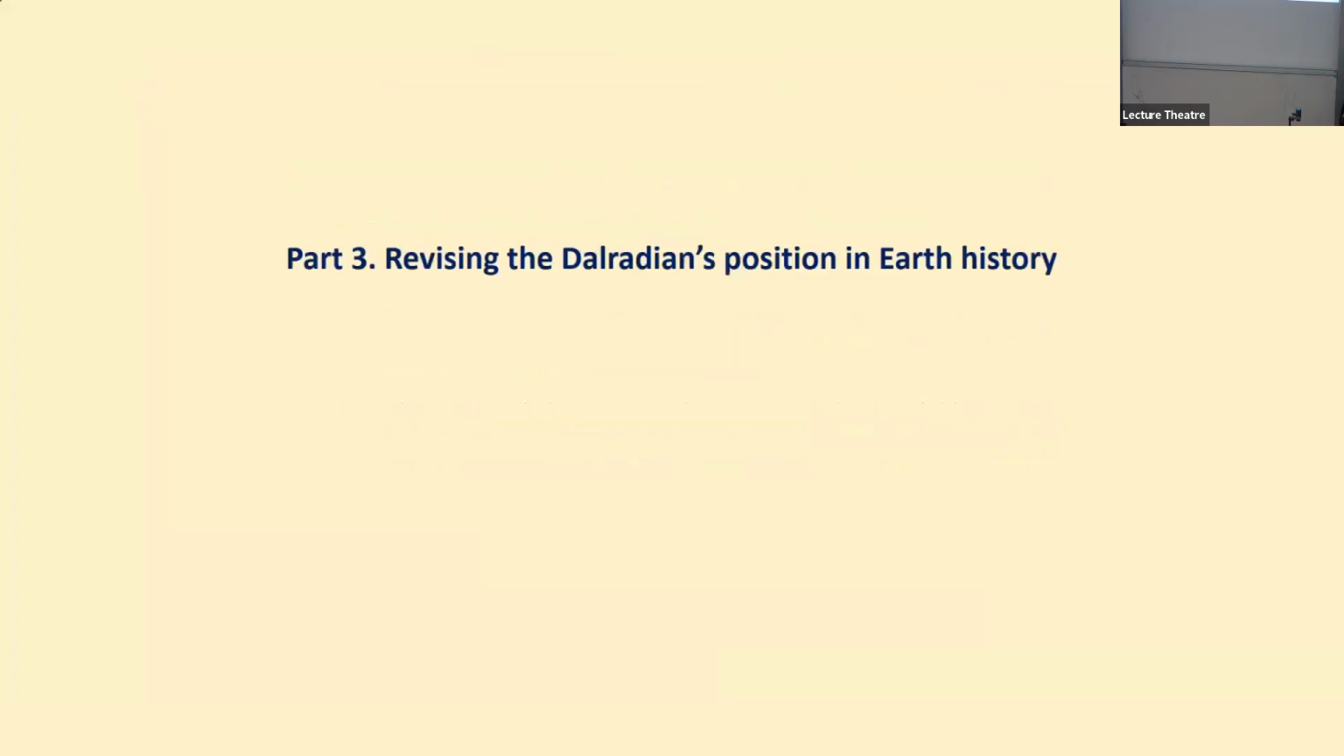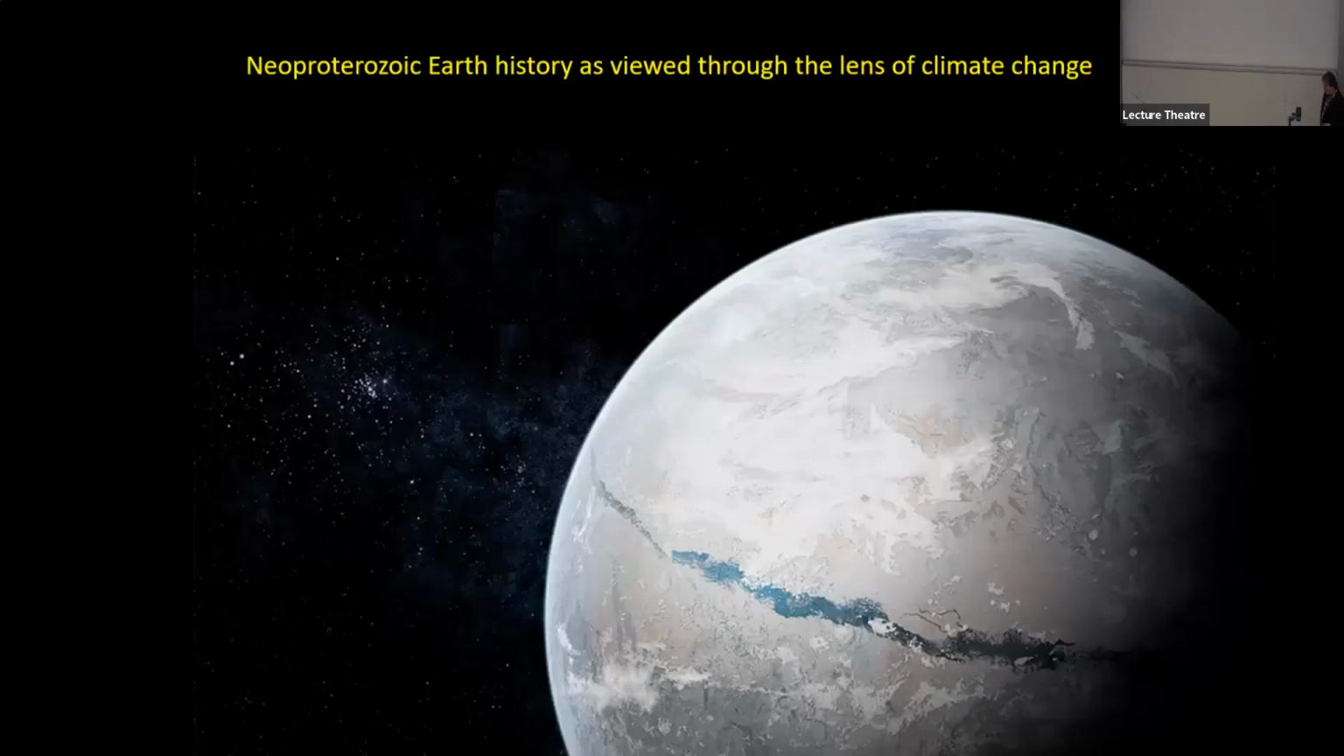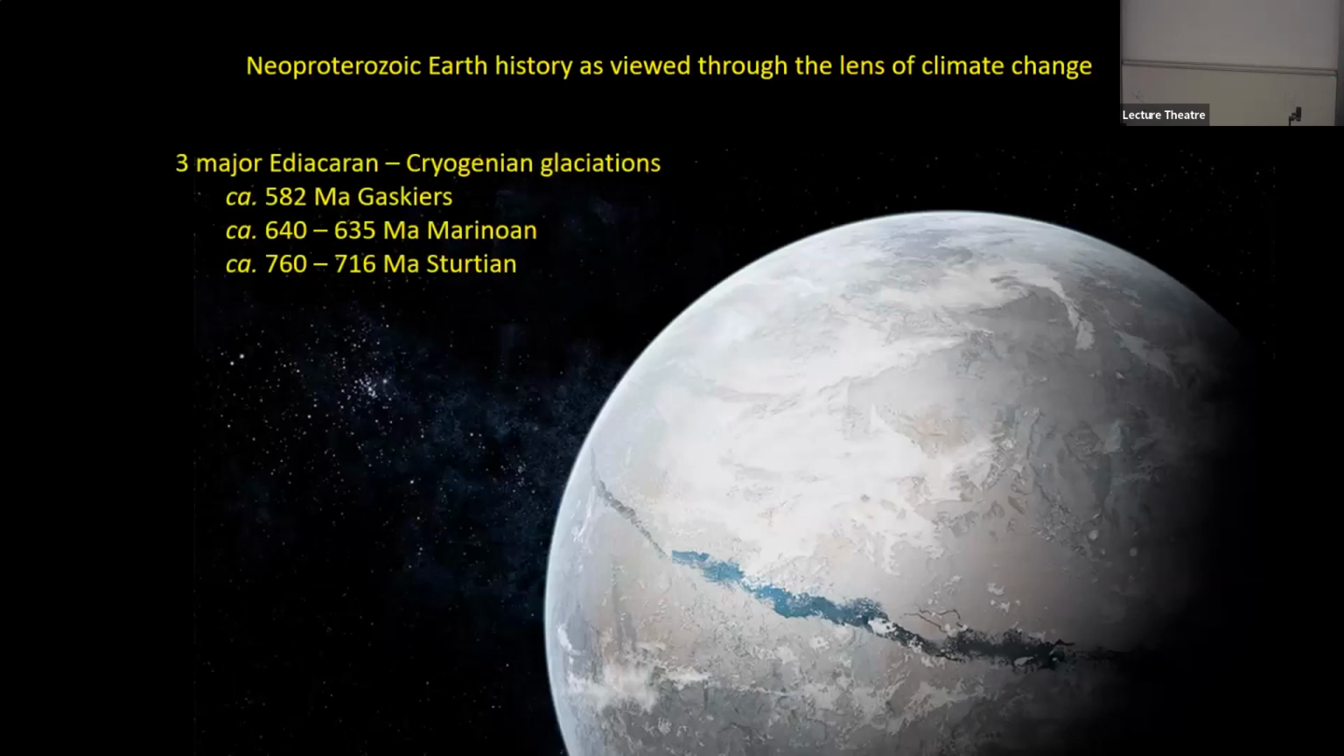Now, for part 3, revisiting the Dalradian's place in Earth history. And we're going to do this by looking at 2 data sets. One is looking at Earth history through what we can think of as the lens of climate change. And what is known globally is that there were 3 major glaciations that affected our planet during this Neoproterozoic time slice. They're given the names Gaskiers, Marinoan, and Sturtian. There are the ages that are associated with them. Those 2 are the snowball Earth